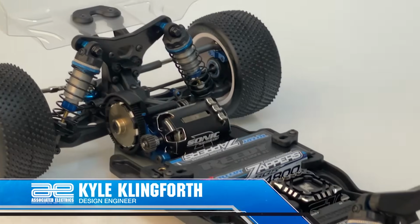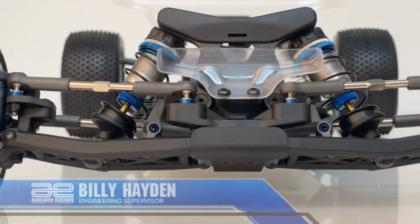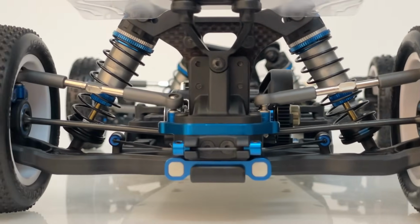So the suspension on the B7 is such a different departure from where we have evolved from through the B6 line. Yeah, so from the B6.4 platform, the majority of the car is new, and everything that we did we've done to improve the performance. So biggest features on the car that will stick out immediately are the long arms, so long arm suspension geometry. Overall, the car just generates more grip. It's more consistent grip, so it's less peaky, I would say, which helped the car just a lot more drivable